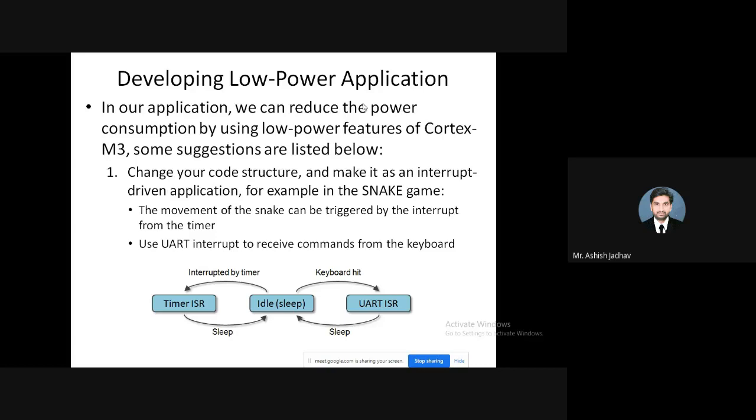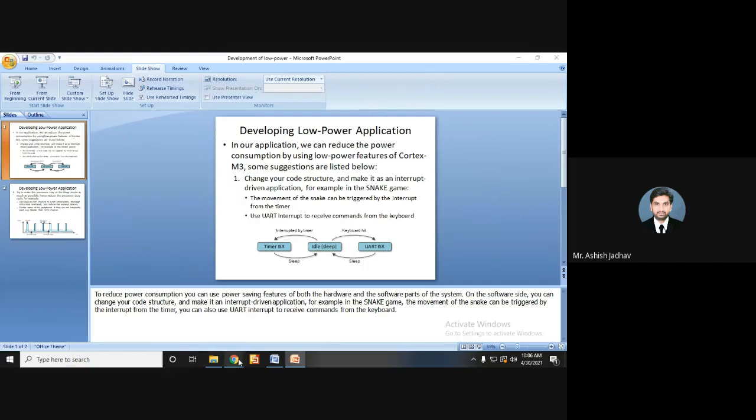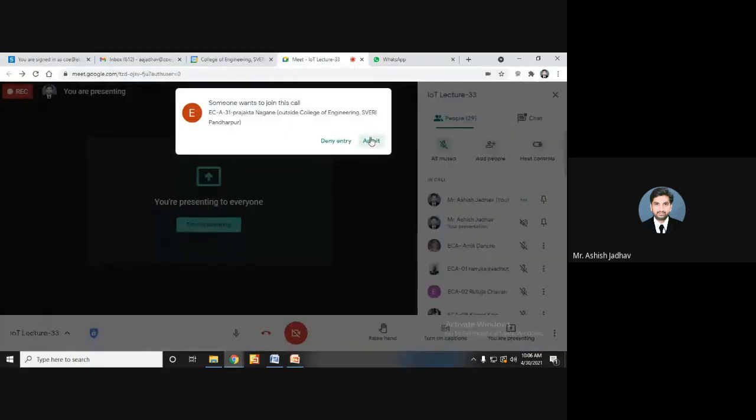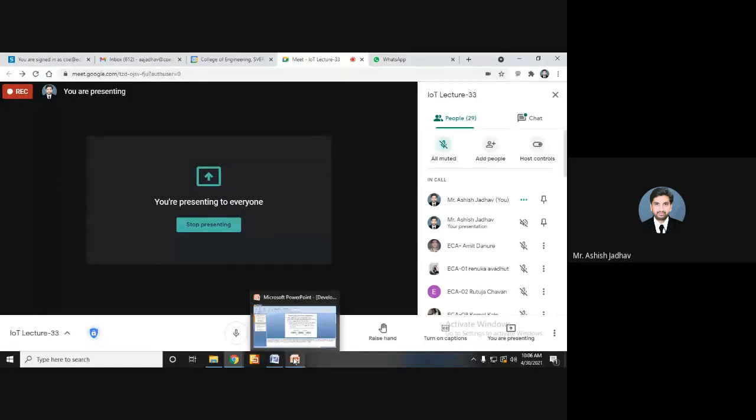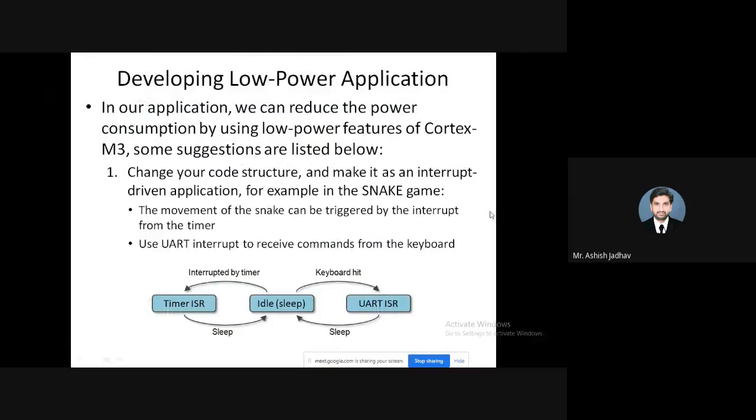So what should be the basic aim? Of course, reducing the power consumption. Now tell me one thing, how can one reduce the power consumption?